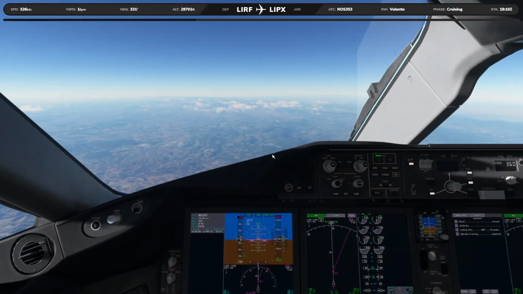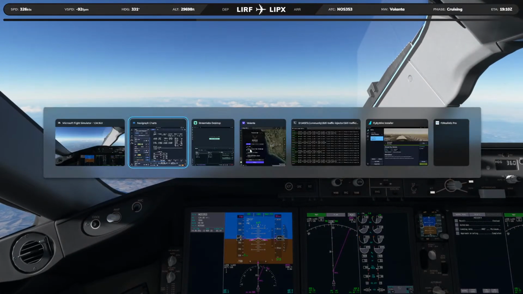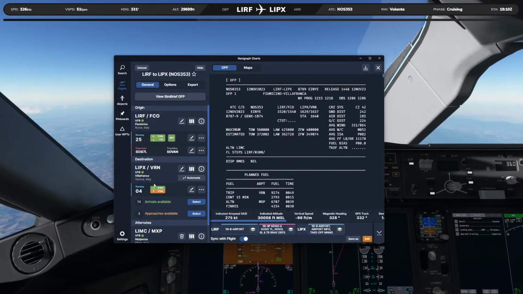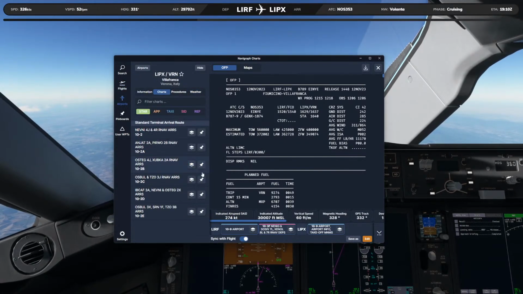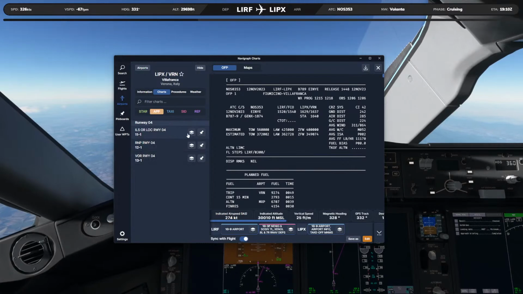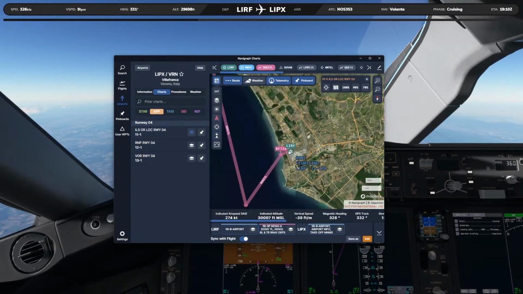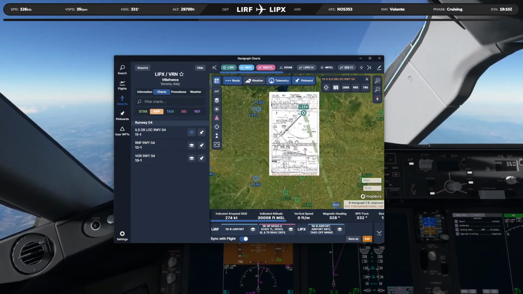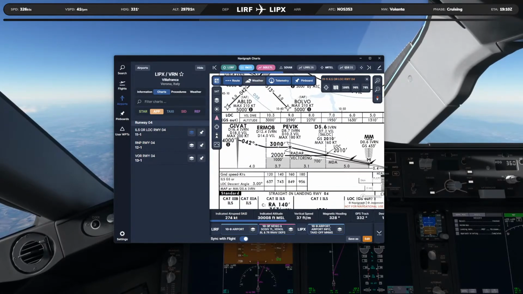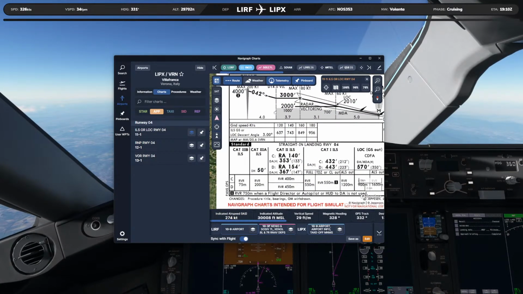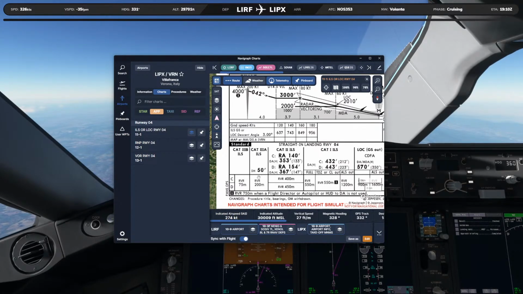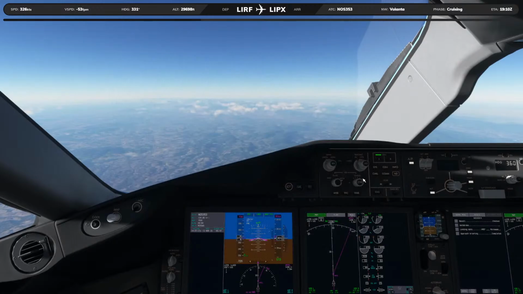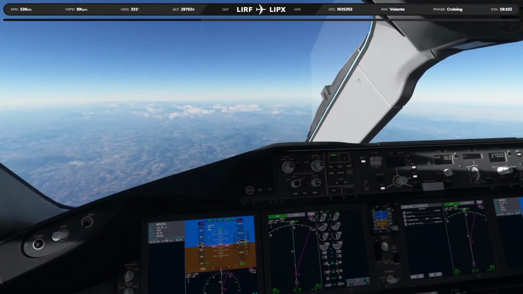We are going to reset the altitude to, if we take a look at the runway approach, runway 04, I believe it's 3,000 if I'm not mistaken. Yep, indeed, 3,000. All right, so we're going to set this to 3,000.